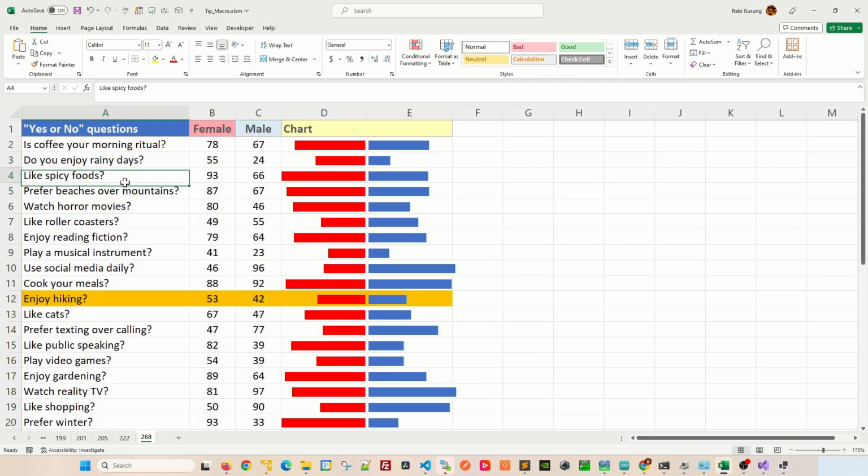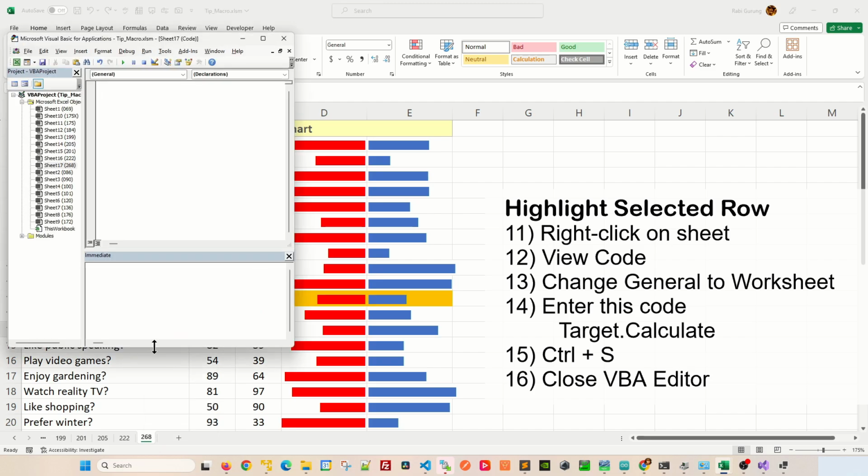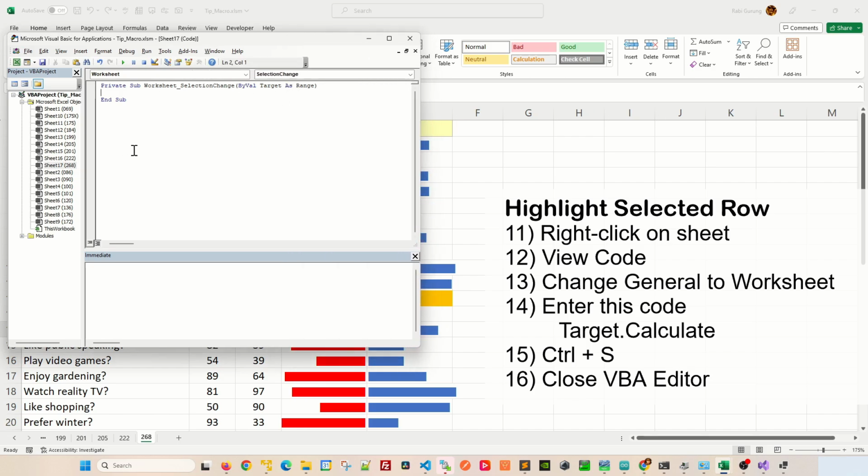So right now, your highlight is actually static. To make it dynamic, you're going to right click on your worksheet name and then go View Code. And in here, you're going to change from General to Worksheet like this. And it should produce a subroutine that looks something like that. And you're going to type this command called